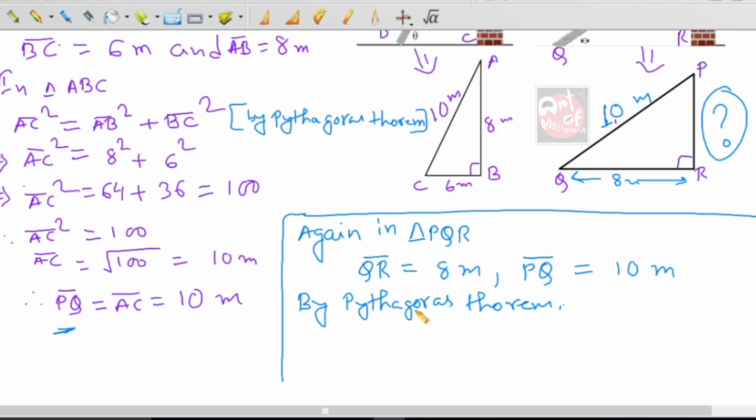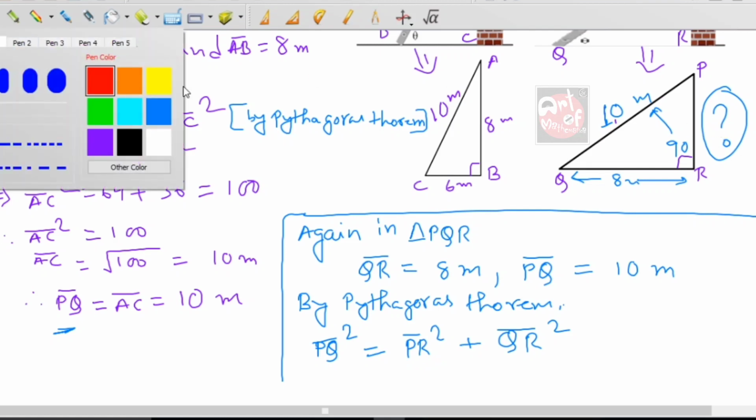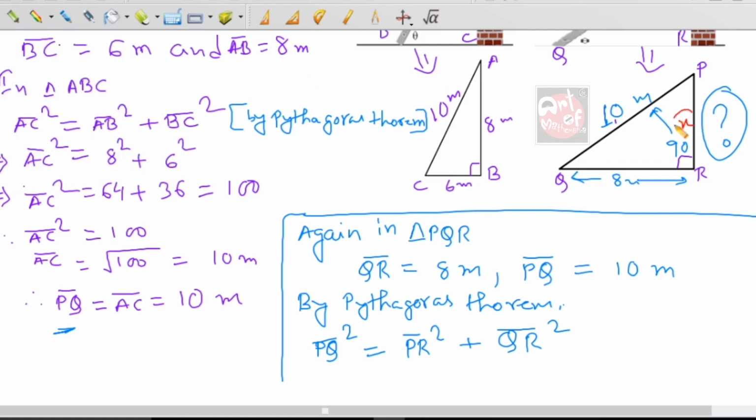what I can write, that PQ, now tell me, this is 90 degree, the opposite side is what? Hypotenuse. So PQ square, hypotenuse square equals what? Sum of the other two sides square, that means PR square plus QR square, this one and this one. So PR length I have to find. Can I take this as x? Chalo, let us take this as x. This one is given as question mark, no? This is x, I am taking x meter. So what I can write,